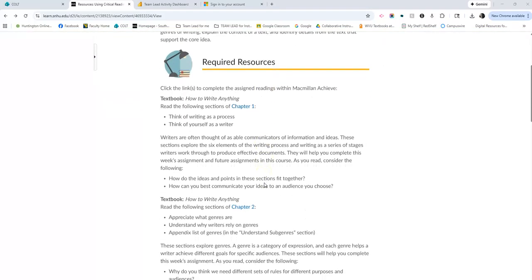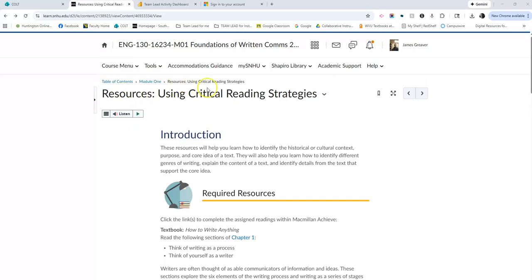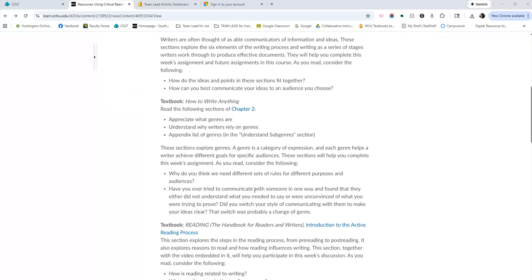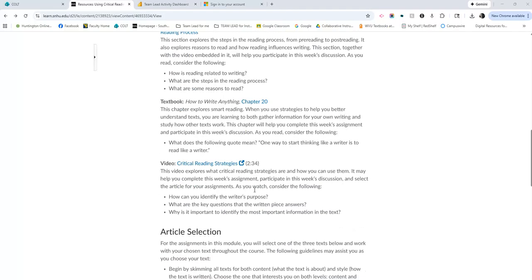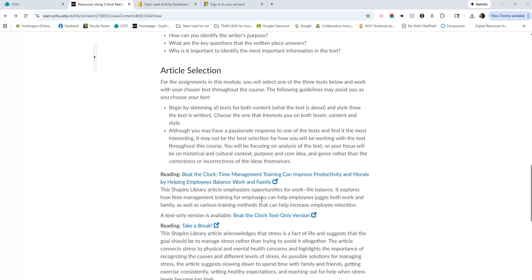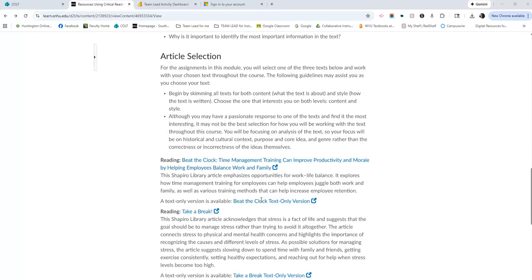So once you get to this page, as you go through the flow, remember the flow is where you go through these different parts of the module. And on this page where it says resources, this is where you'll always find the textbook stuff, the chapters, and other stuff that you need to do. So read that. But for the purpose of this video, I'm going to scroll down here and talk about the